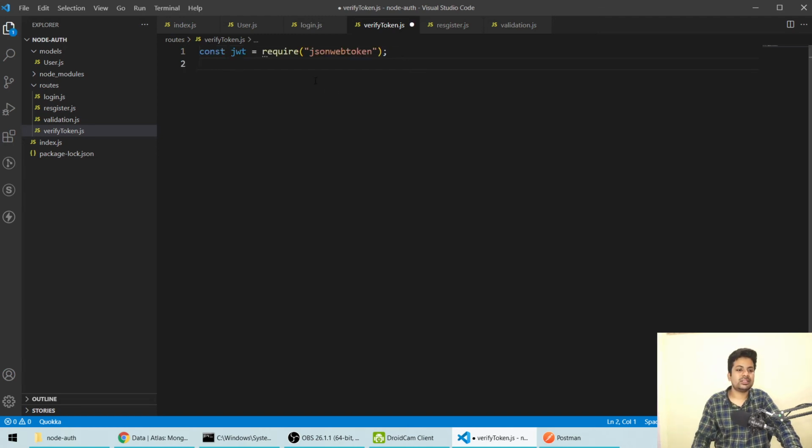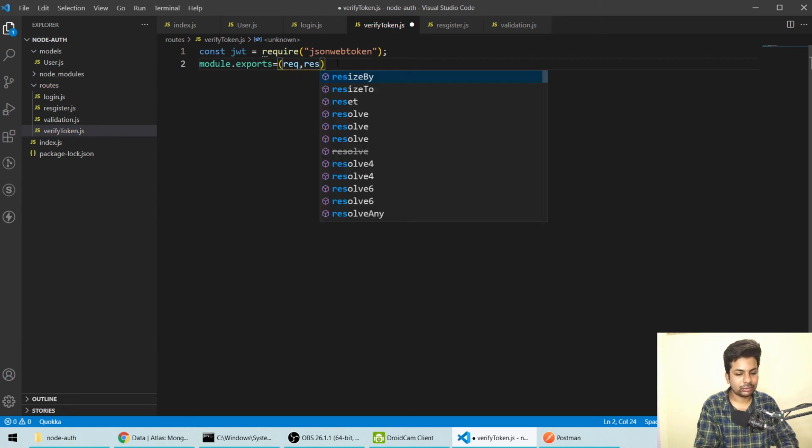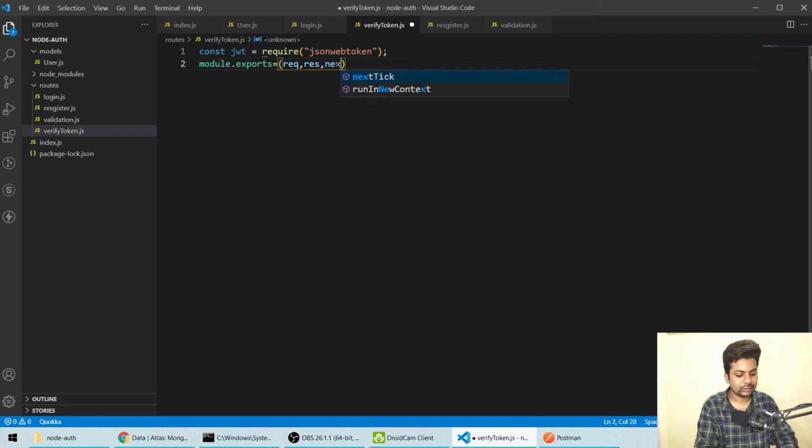Once the user has logged in, he wants to access some websites, and for that we are doing this. JWT, and we'll say module.exports equals a function with request, response, next.